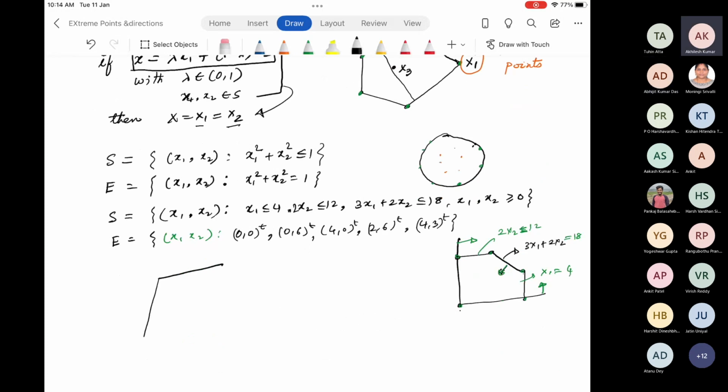You know, the most interesting part of these extreme points is, I said that extreme points can only be described by itself. Next statement I'm saying, any point in the convex set.